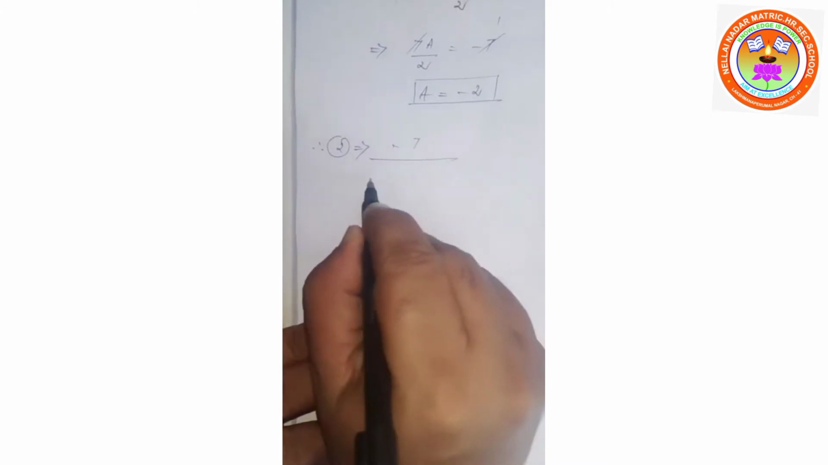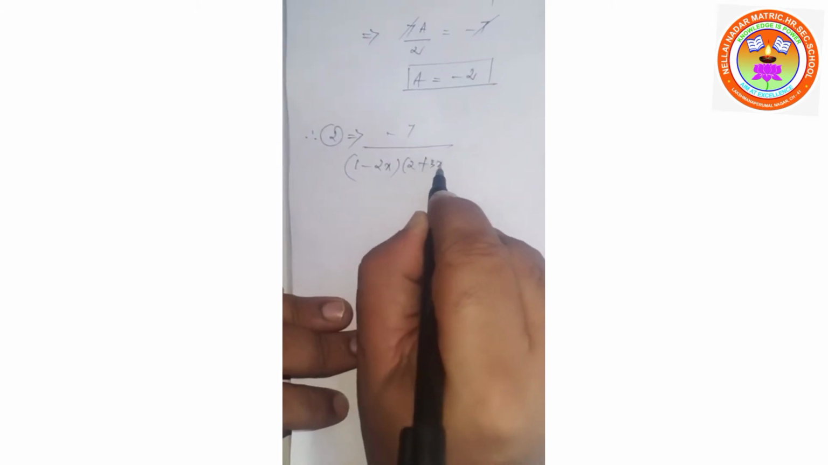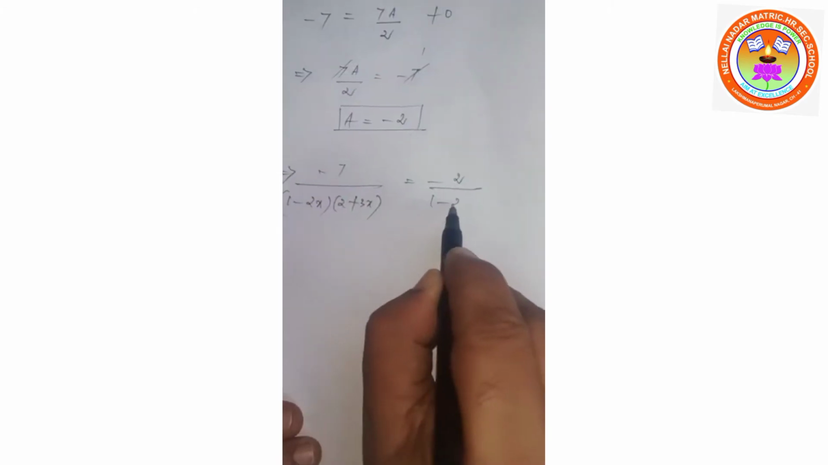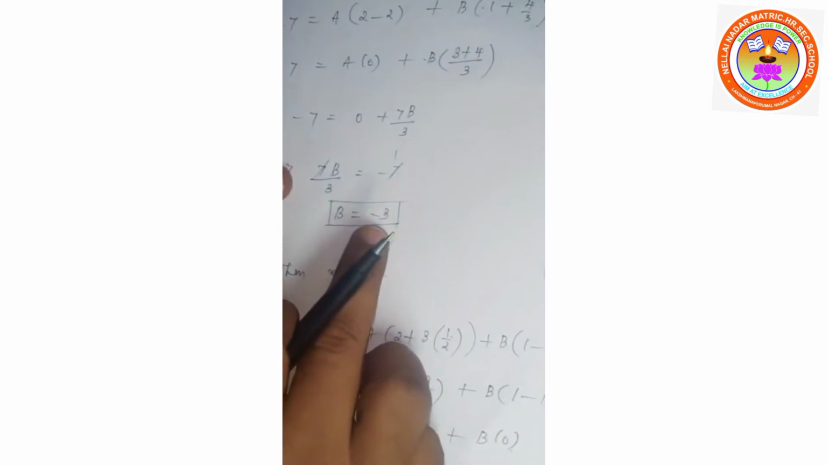Minus 7 divided by (1 minus 2x) into (2 plus 3x) is equal to a divided by (1 minus 2x) plus b divided by (2 plus 3x). What is the value of a? Minus 2. So minus 2 divided by (1 minus 2x) plus b. What is the value of b? Minus 3. So minus 3 divided by